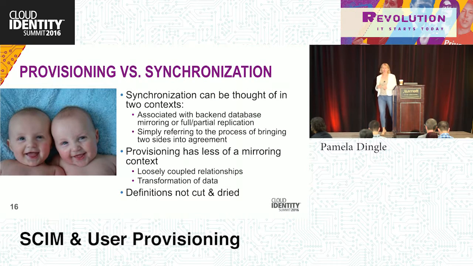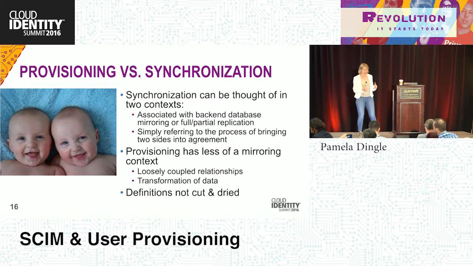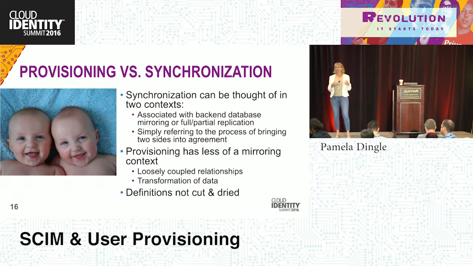All right, so the next piece, we're going to do this last one, and then we're going to get into the fun stuff, which is the SCIM stuff. Provisioning versus synchronization. So this is a bit of a gray area, I would say, in our industry, unless anyone wants to argue with me. But synchronization often is akin to mirroring or replication, where you're trying to make an exact copy. The only time where synchronization really means something else is when we're just talking about syncing in a more casual way, right? Provisioning, generally speaking, does not mean exact synchronization.